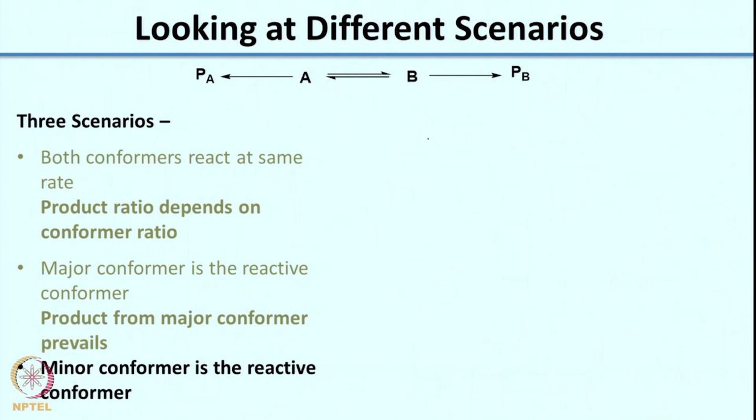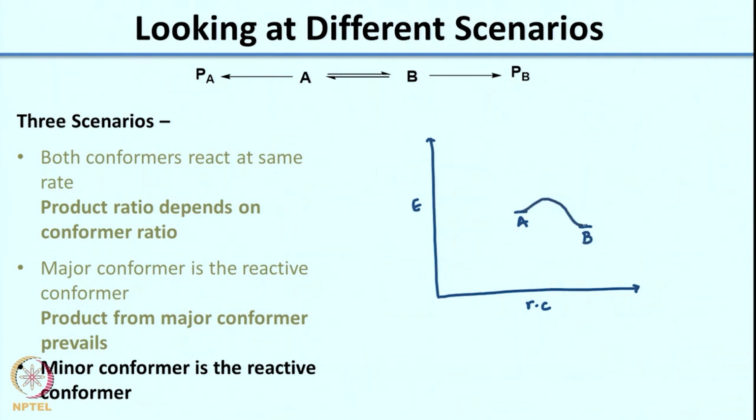So, hopefully what you would have drawn would be, again let us start with E, reaction coordinate. I have A, B is more stable. So, I will draw B lower than A, with a small hump to show the interconversion. Now, I am saying the minor conformer is the reactive one. So, between these two the minor conformer would be the one in higher energy. The more stable conformer would be the major one. So, the minor conformer is the reactive one means